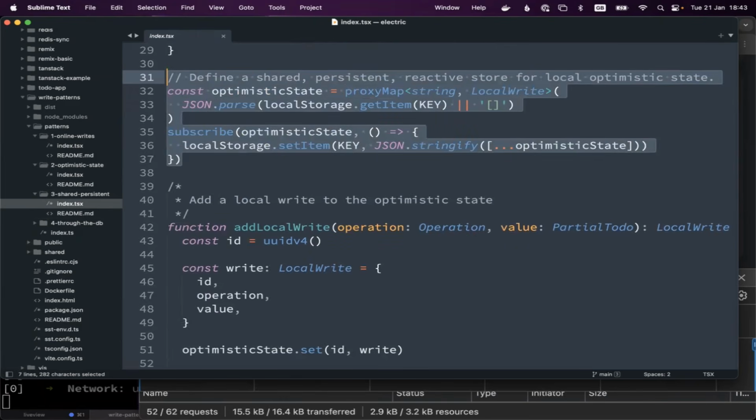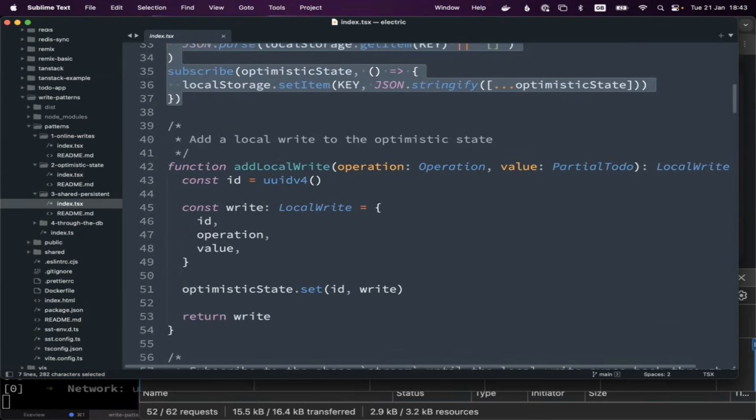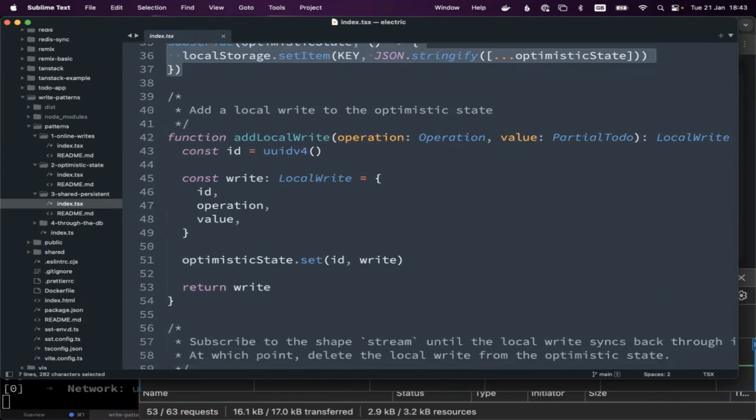So that's the additional code to make this client-side store for sharing optimistic state across components. And then because this is a slightly more realistic pattern, we've also made our matching logic a bit cleverer so that instead of just matching on the row ID, we generate a unique ID for each write. That allows us to do slightly more sophisticated merge logic, because we can apply the local optimistic state on top of other concurrent operations from other users, and we only remove it when our write syncs through the replication stream.